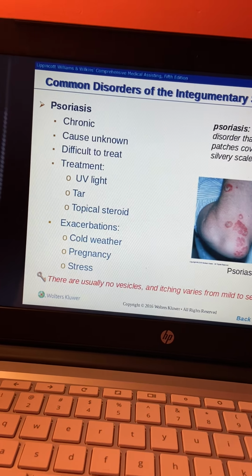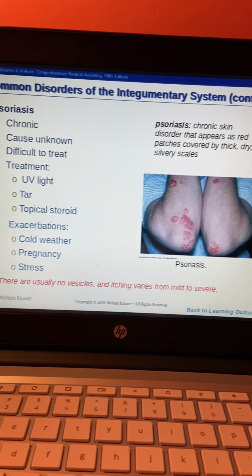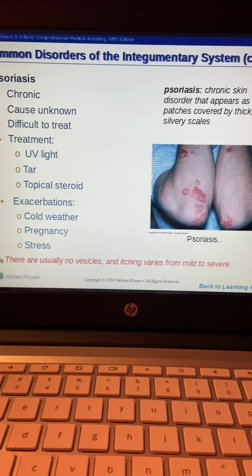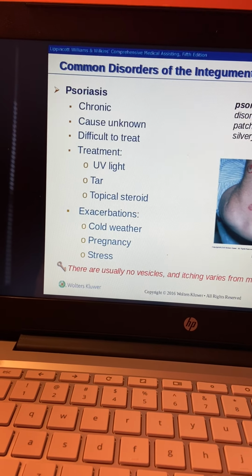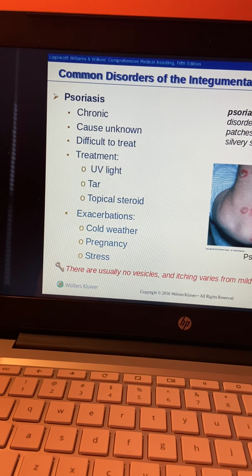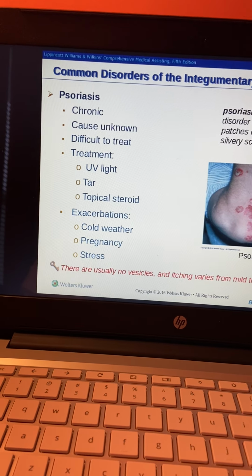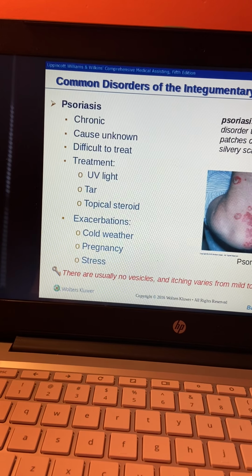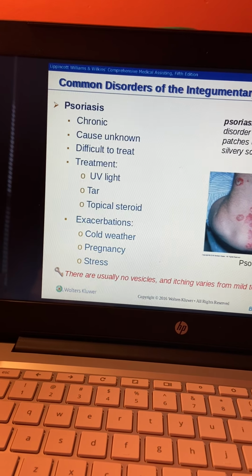Psoriasis. Psoriasis is a chronic skin disorder that appears as red patches covered by thick, dry, silvery scales. Psoriasis is chronic. The cause is unknown. It's difficult to treat. So treatment for psoriasis could include UV lights, tar, topical steroids, your